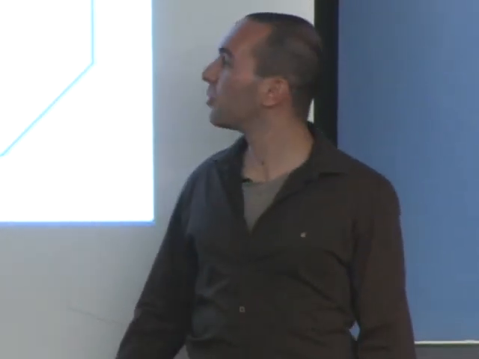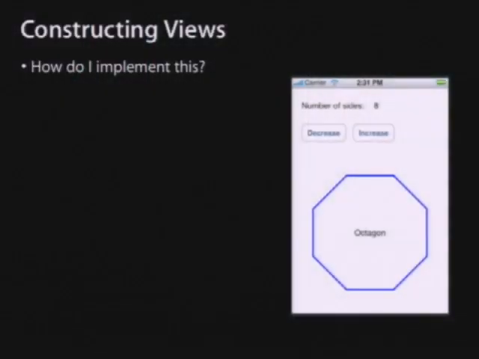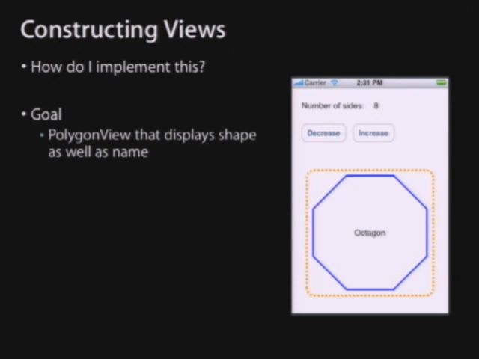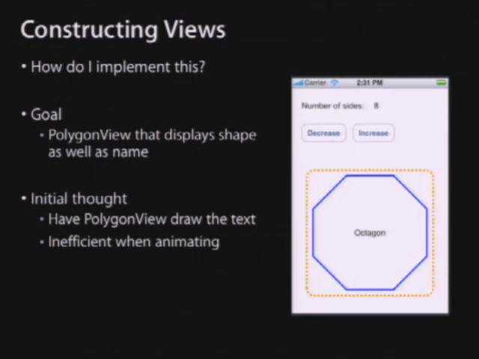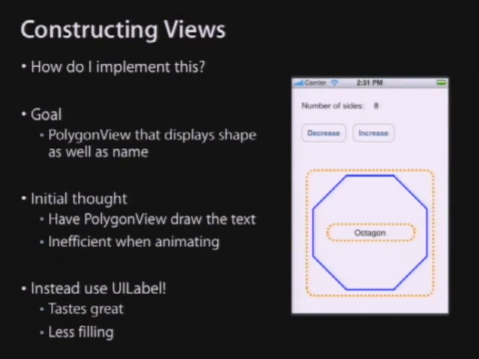Let's look at this, right? How do I implement this case where this is my view right here? It contains the shape and it contains the string. Instead of having to draw that text in my DrawRect, I could actually stick a label there, right? So the goal here is to have one view that contains both the shape and the text string. And instead of drawing them directly with those methods I just showed you, we actually stick a UILabel in there as a subview of your polygon view, and then everything will animate correctly and be anti-aliased correctly and all that stuff.